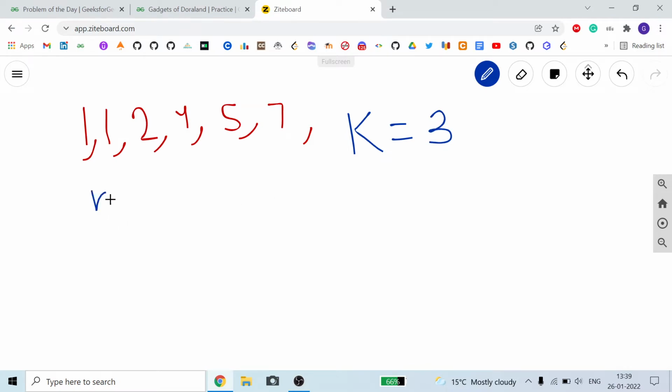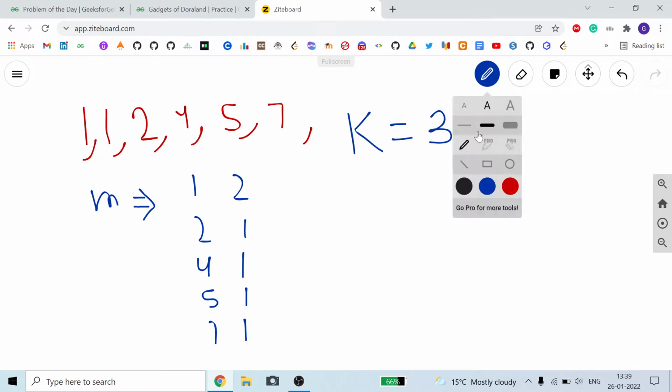Okay, so what will my map store? My map will store number 1 occurs 2 times, number 2 occurs 1 time, number 4 occurs 1 time, number 5 occurs 1 time, number 7 occurs 1 time.